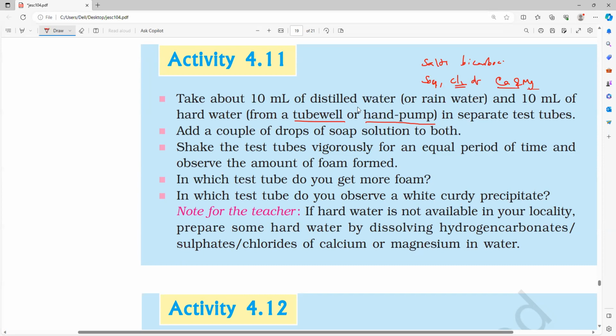That is why they will react with the soap and form a scum-like substance. Instead of forming foam or lather, they will form the scum. So that is why soaps do not give better results with hard water. To overcome that, to get better results with hard water,